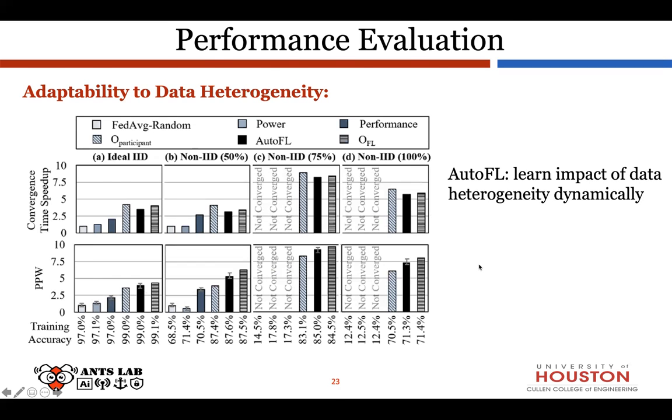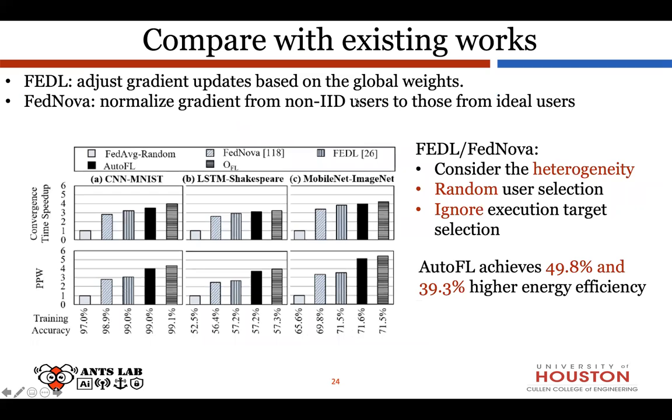Next, let's move to the other comparisons. They compare their methods with two existing approaches. The first one is FEDL. They adjust the local gradient updates based on the global weights. And the other one is FedNova, where they normalize the local gradient from non-IID users to those from the ideal users. And both of these methods consider the heterogeneity, but they select the users randomly and ignore the